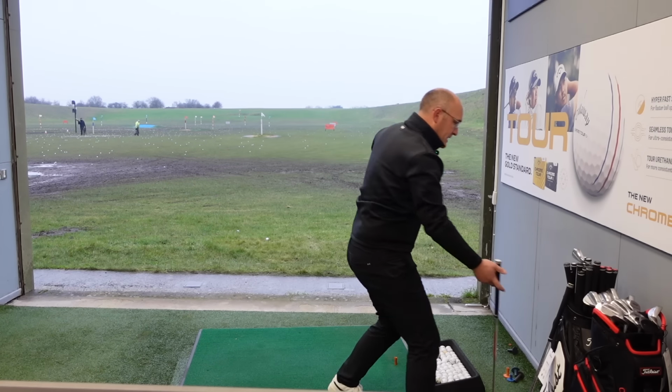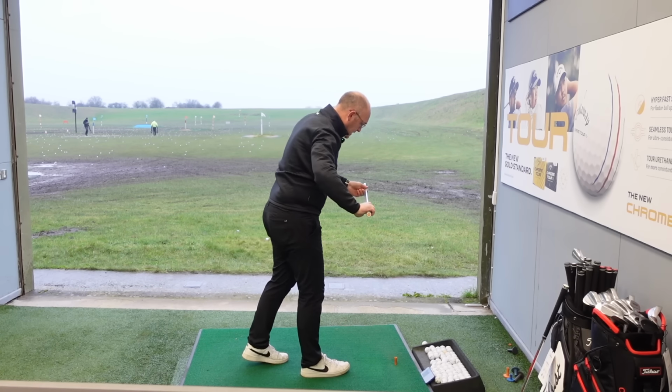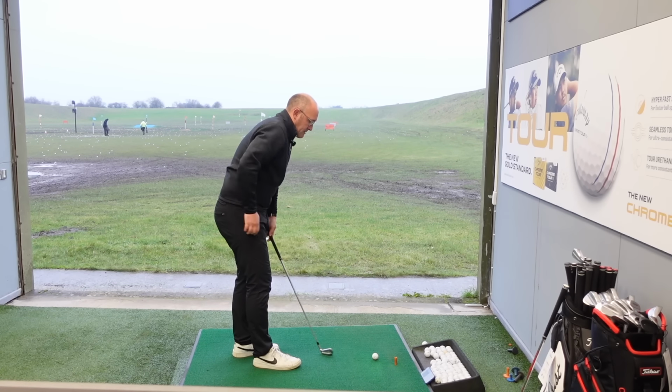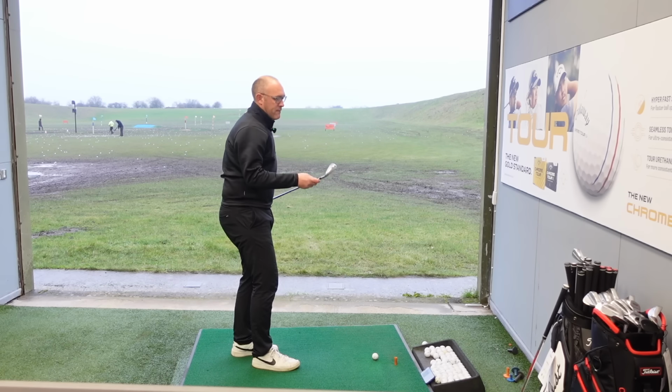Now, this little baby, the Srixon, put this in the Modus as well. Got the little bit heavier shaft in this. They haven't got all the options in the Modus. So I've got the 120 shaft, or the flex in this. Again, ZXi4